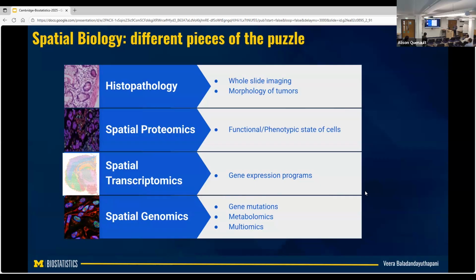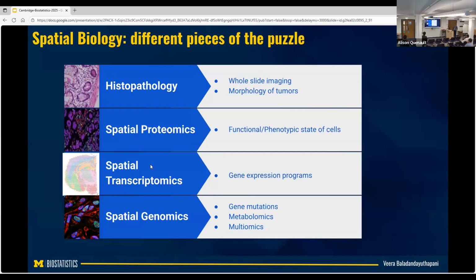And there are many variants of these spatial technologies. So one can trace back to histopathology, which is the classic H&E staining that the pathologist sees to stage the disease. So you get an idea of the morphology of the thing. There is actually an AMP histopathology called spatial proteomics. I'll talk about it in more detail, where it's a similar kind of flavor of the technology that can tell what is the type of cell, the functional and the type of cell.